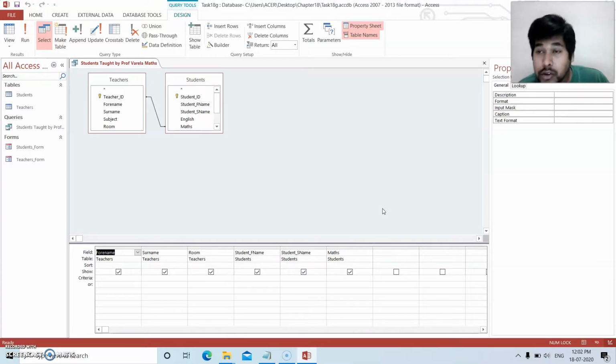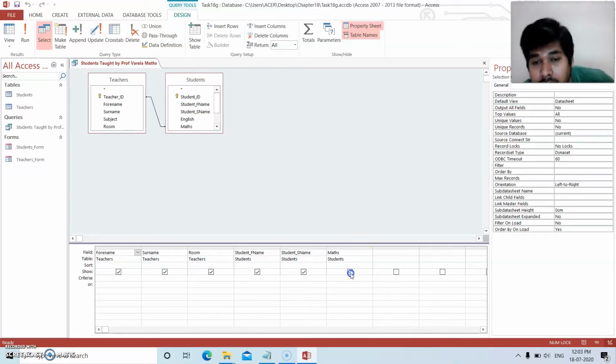So for that, what will I do? I will untick this maths, and here I will type AVA because the teacher's code is AVA. Professor Varela's code is AVA, right? I have typed it. Now it will display the students of only the